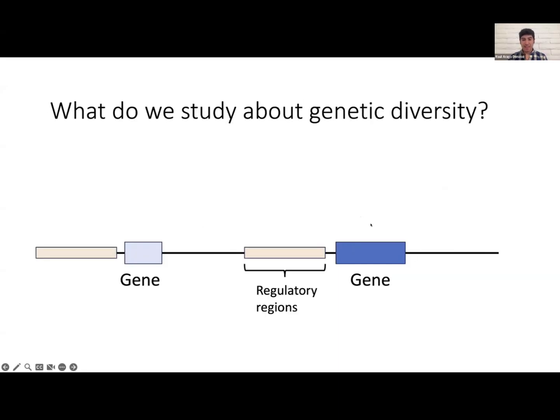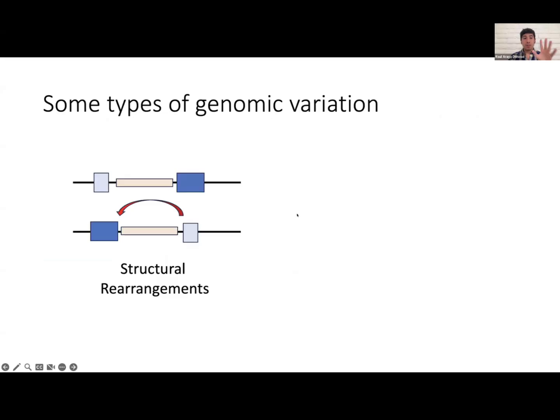On the other hand, the sequences flanking genes could correspond to regulatory regions. So these sequences here will determine the expression patterns of these genes, either the abundance or the timing or the location in which they are expressed. So these are two different components that are important, but we want to study the variation that affects these things. So one type of variation that I will show you today and that I'm interested in is the structural variation